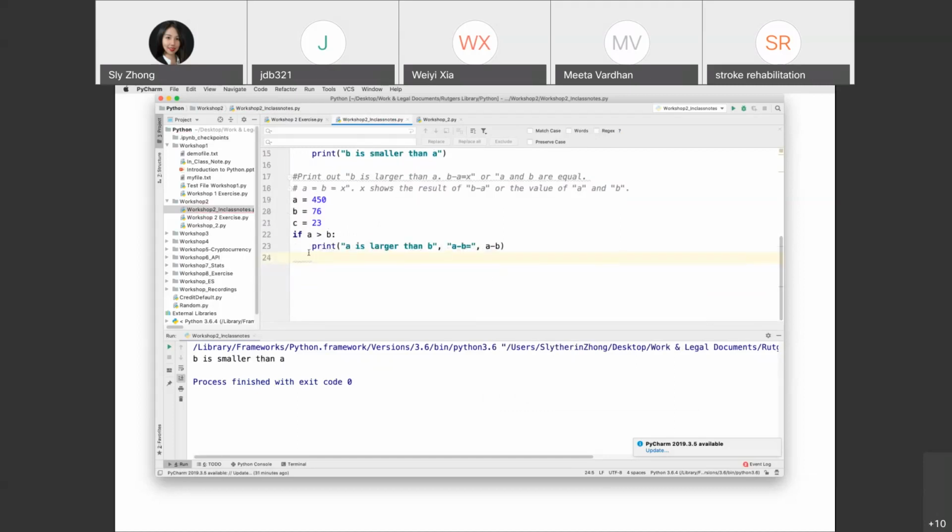So if we want a result of A minus B, instead of assigning a new variable to it, we can just do A minus B in the parentheses. And elif